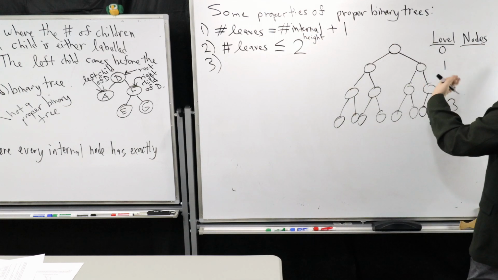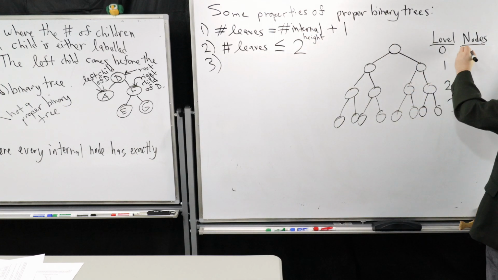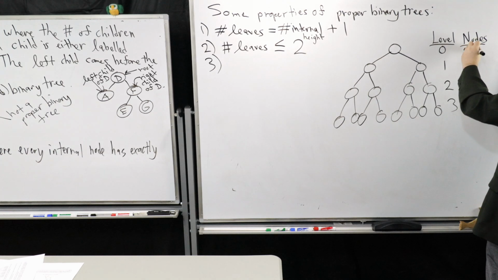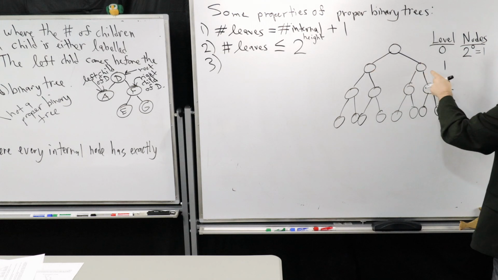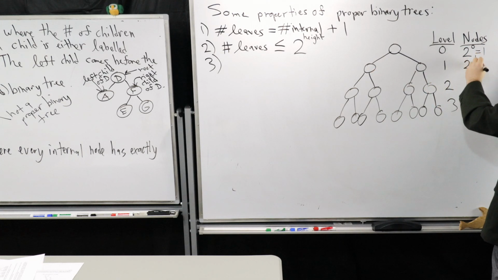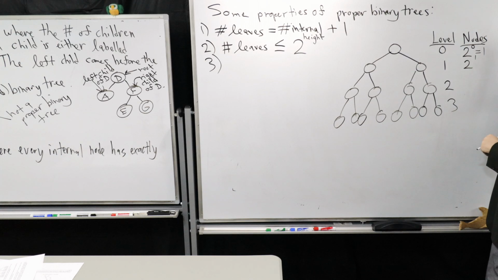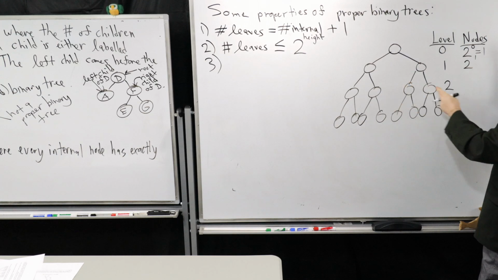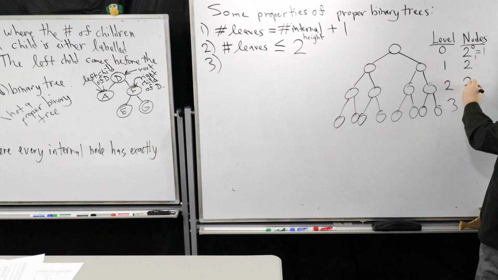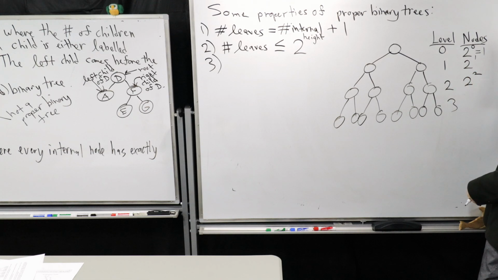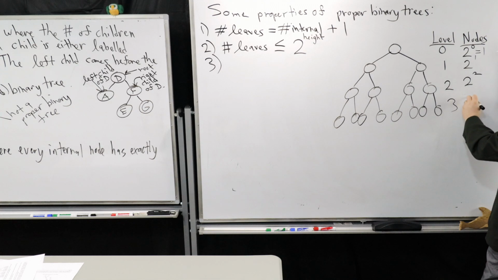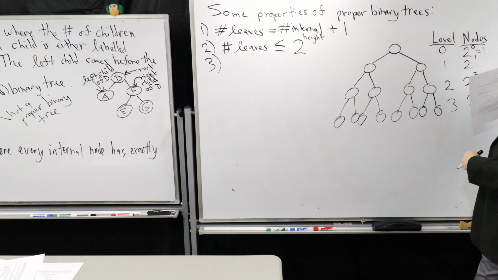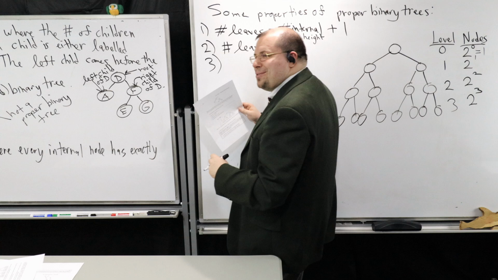Now, if you ask me how many nodes are at each level of this tree, well, at level 0, I have 2 to the power of 0 nodes, which is equal to 1, right? At level 1, I have 2 nodes. This is the same as writing 2 to the power of 1. Well, at level 2, I have 4. That's 2 squared many nodes. At this level, I have exactly 8, which is 2 cubed. So, the natural question